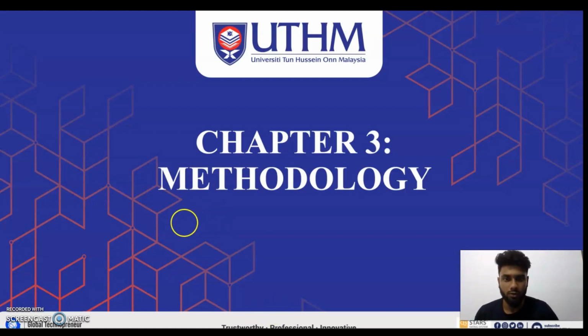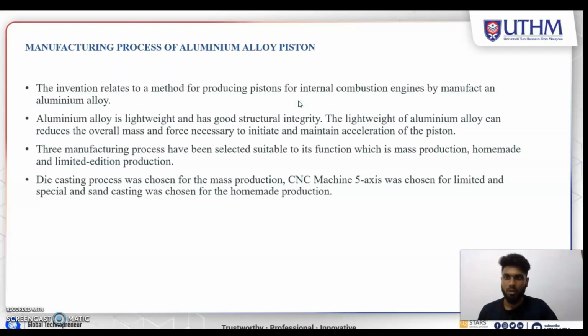So first we're going to see what the manufacturing process of an aluminum alloy piston is. I'm going to explain about that. The invention relates to a method for producing pistons for internal combustion engines by manufacturing an aluminum alloy. Aluminum alloy is lightweight and has good structural integrity. The lightweight aluminum alloy can reduce the overall mass and the force necessary to initiate and maintain acceleration of